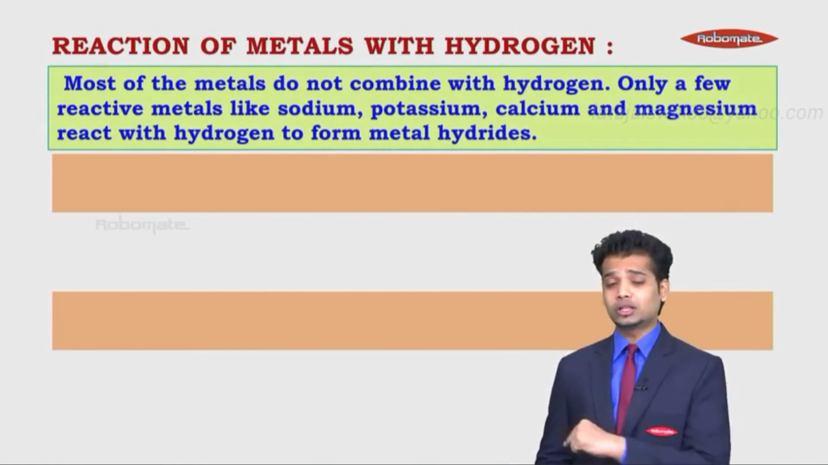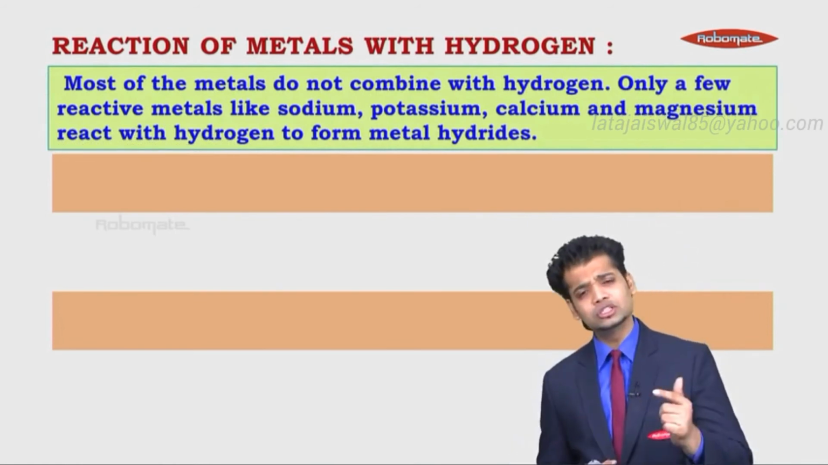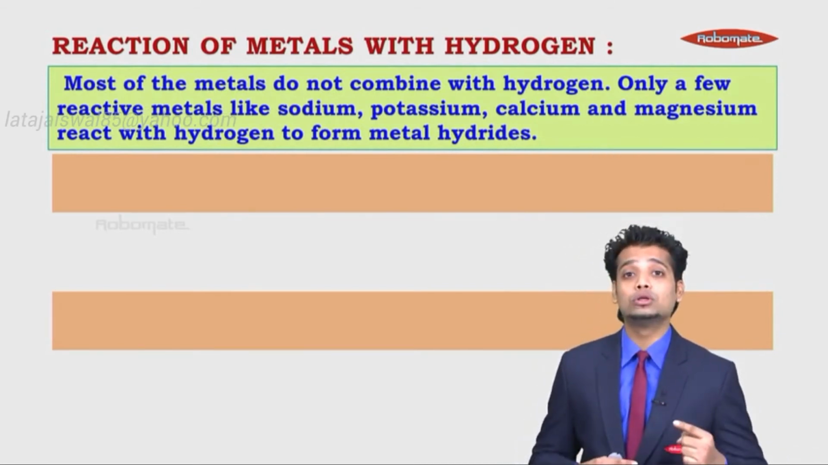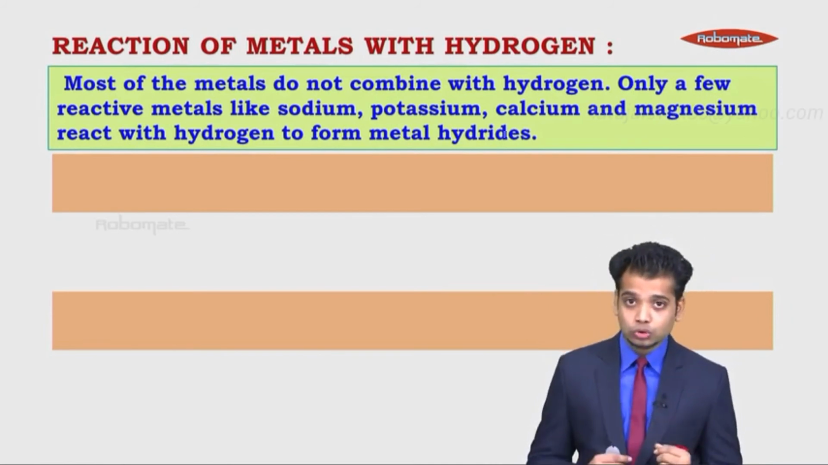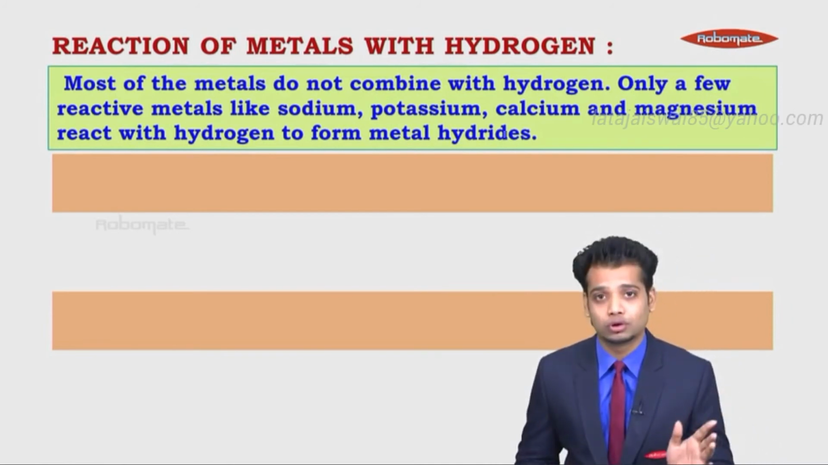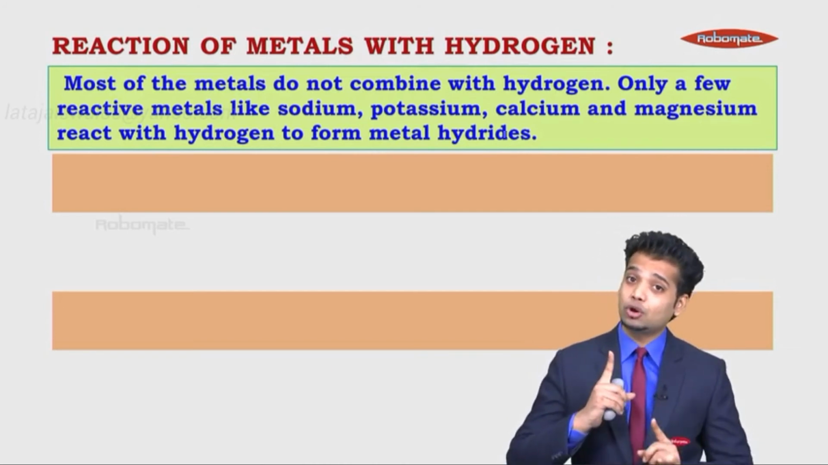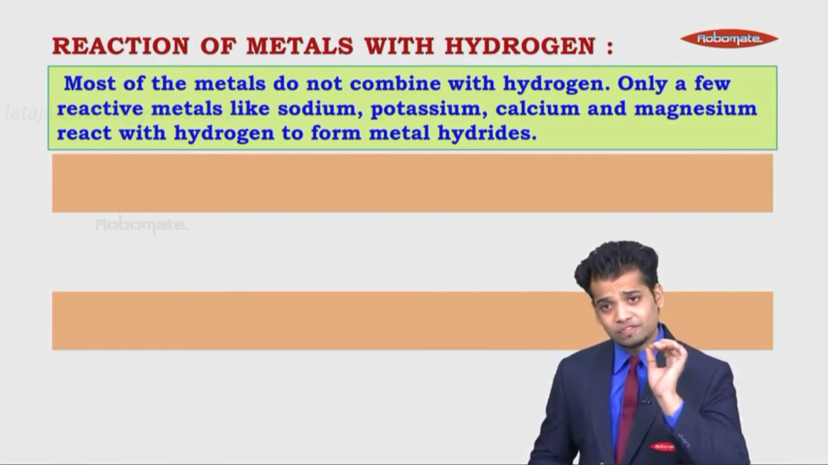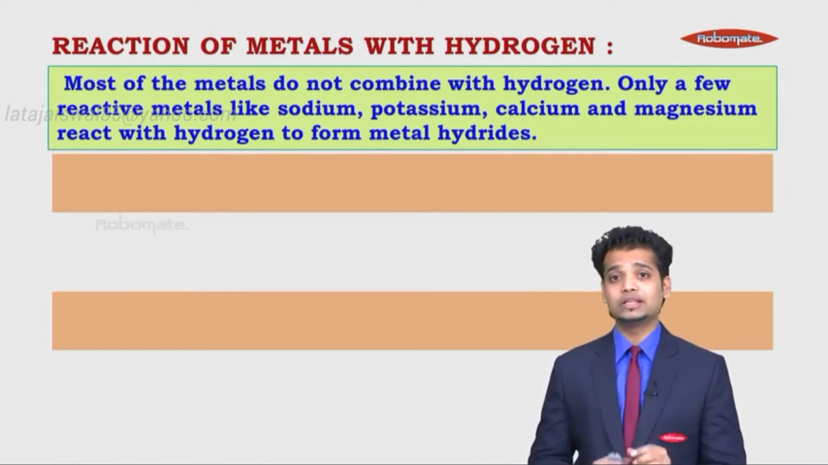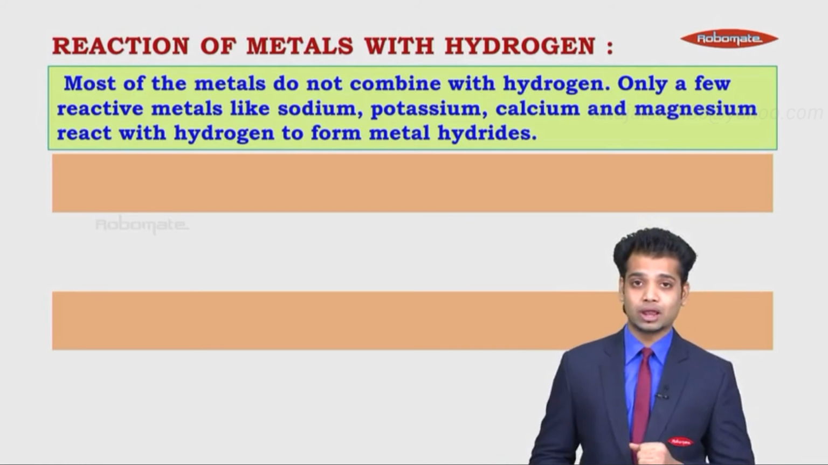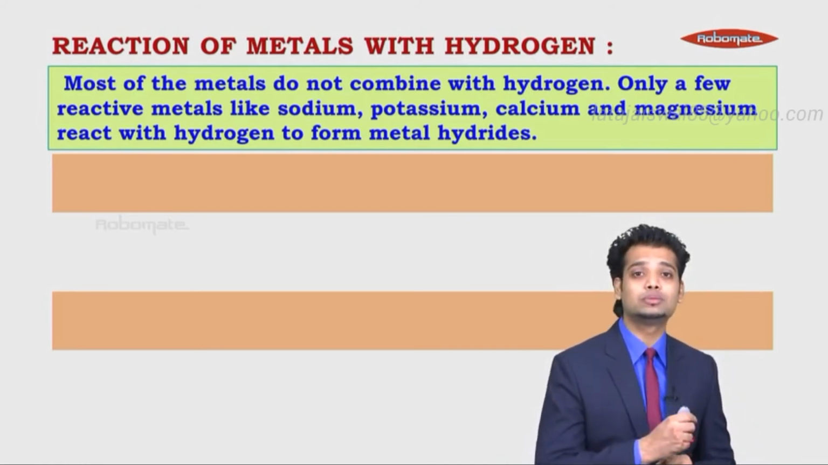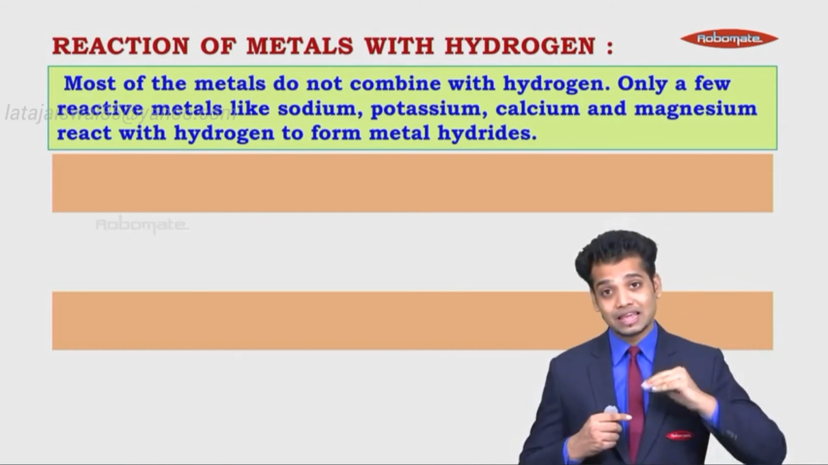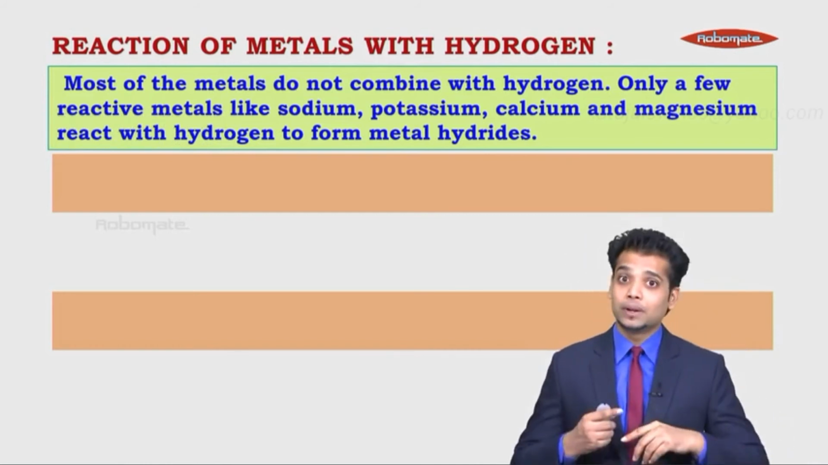Most of the metals do not combine with hydrogen. Why? Hydrogen is a non-metal just like chlorine. Hydrogen is a positive ion. Usually, hydrogen tends to give electrons. But its electronic configuration being just 1, it can also accept electrons. So only a few metals react with hydrogen, that is sodium, potassium, calcium and magnesium. Why do they do so? Because they are highly reactive and they can pass their electrons to hydrogen, but not other